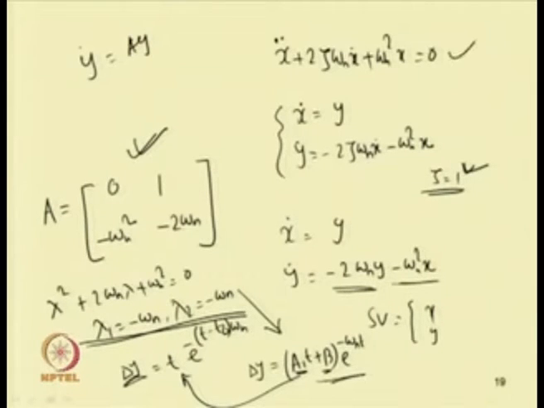Here we have taken a simple second order differential equation, then converted it to a set of first order differential equations, and just by perturbing this we can obtain the Jacobian matrix. Then we put the determinant of A minus lambda I equal to 0, where lambda is the eigenvalue of the system, and we can get the solution. If we have repeated roots, the solution will be this, and if this perturbation grows, then the system will be unstable, otherwise it will be stable.